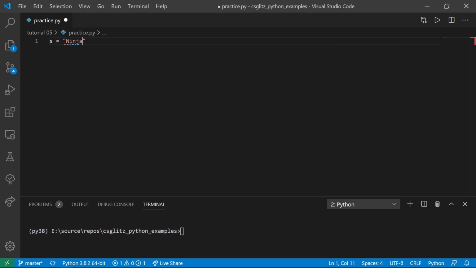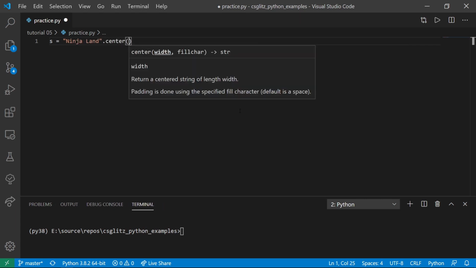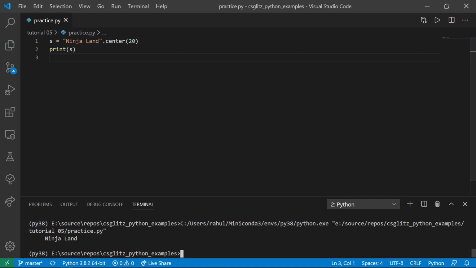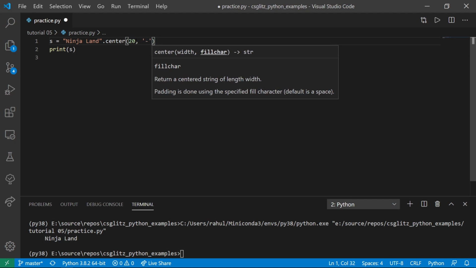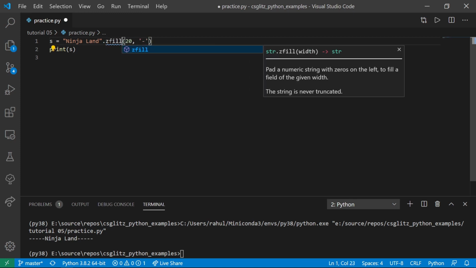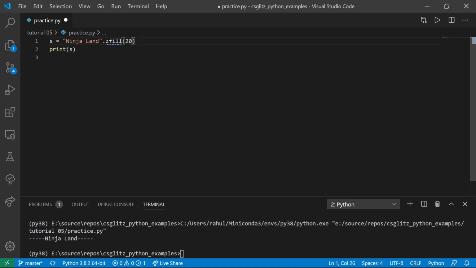We will take a closer look at some more useful functions. Center just returns a centered string padded with spaces. Instead of spaces, we can also use any other character. zfill returns a left-filled string with a specified width.